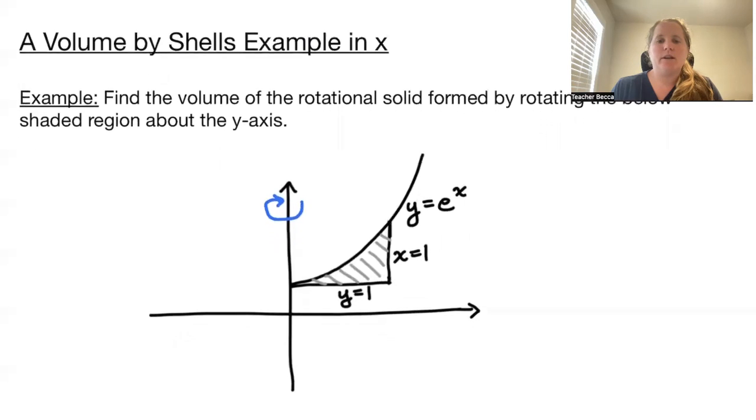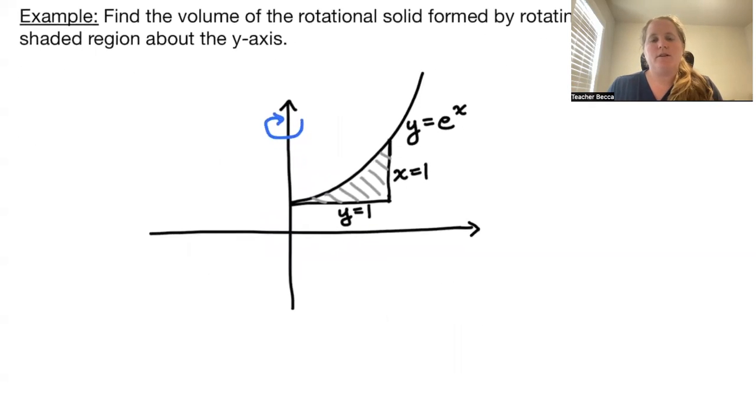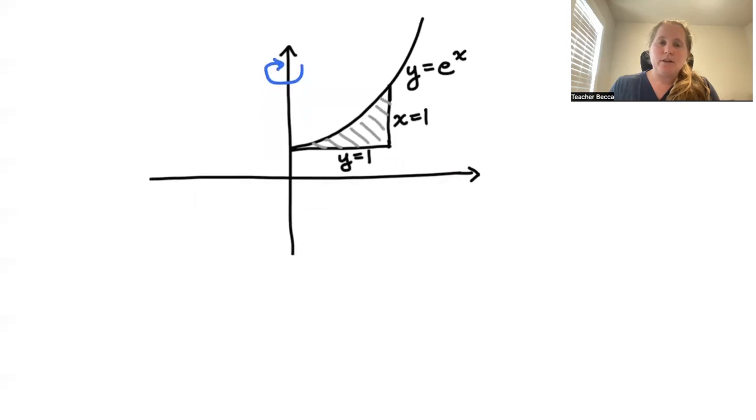The region we are looking at is the region that is above the line y equals 1, under y equals e to the x, and to the left of x equals 1. So we're looking from x equals 0 to x equals 1, and from y equals 1 to y equals e to the x. So in this case, if we draw our region,